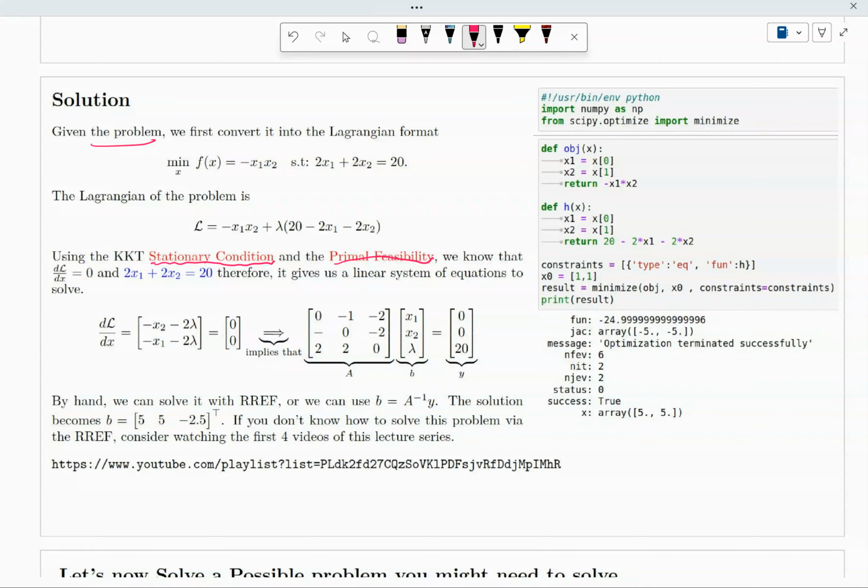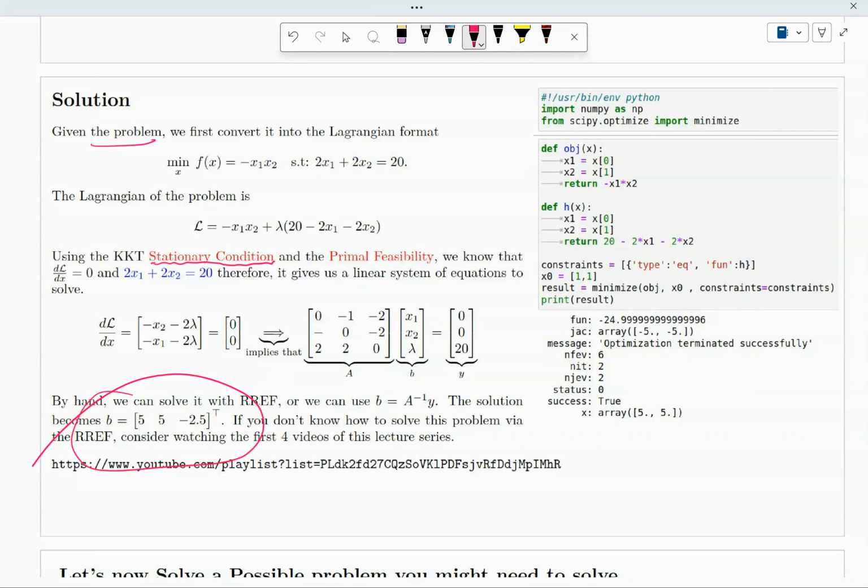Essentially, the stationarity condition allows us to set the derivative of the Lagrangian to 0. And if we add the primal feasibility, then we end up with a solvable linear system, Ab equals y, basically. And you just solve for b in this particular case. Once you solve it, you can use RREF to solve it. Right? Hopefully, you did the extra credit homework on RREF, and you'll see that the solution is 5,